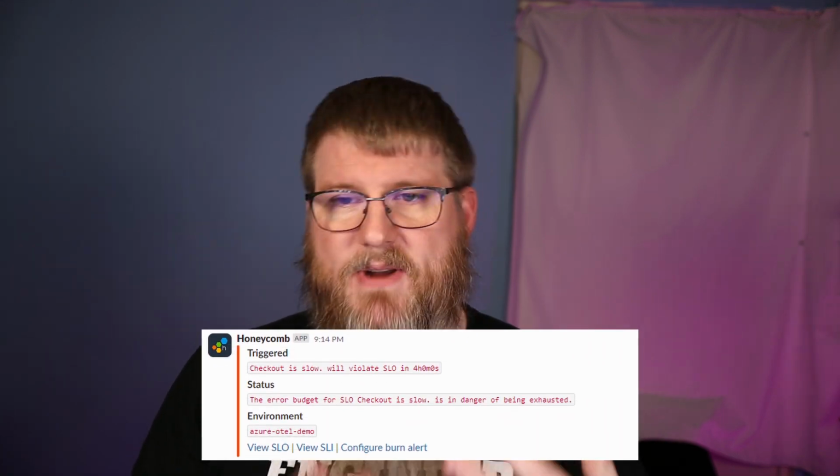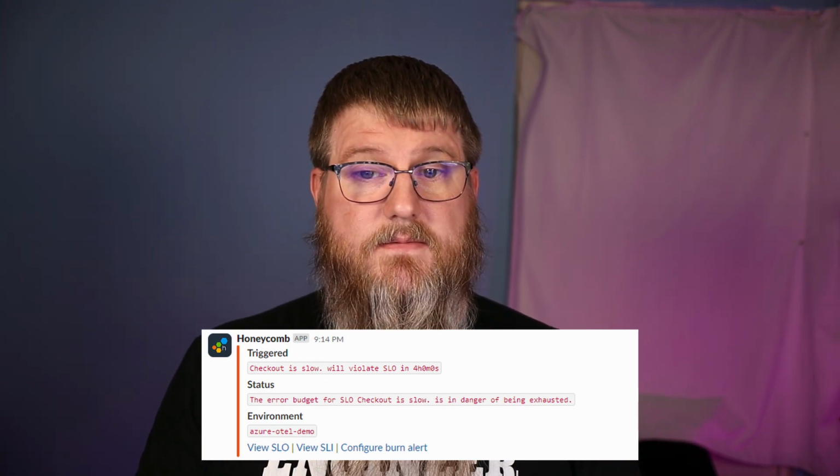But with SLOs, we can define different levels of alerting based on how quickly we're going to breach that objective that was set. Now let's look at an example of where we sent a Slack alert to someone to let them know our checkout response times will breach that SLO in the next 24 hours. Now if this does happen, we don't necessarily need to be paging people in an urgent way, getting people out of bed. But we do want them to pick it up as soon as possible. So they'll get a Slack message a little bit like this.